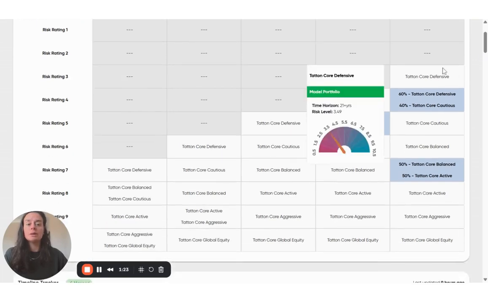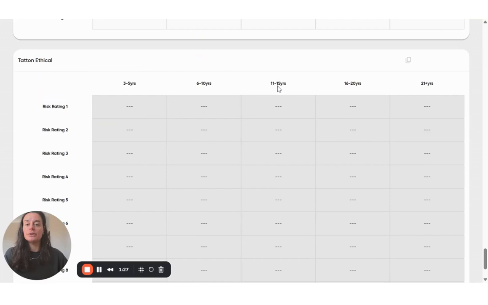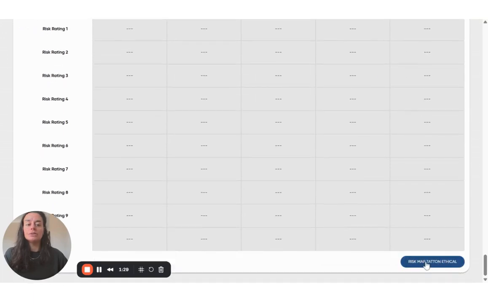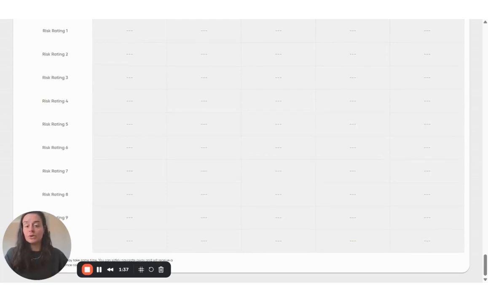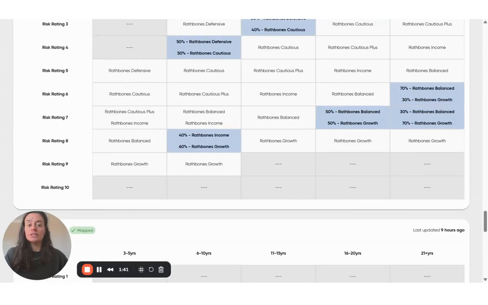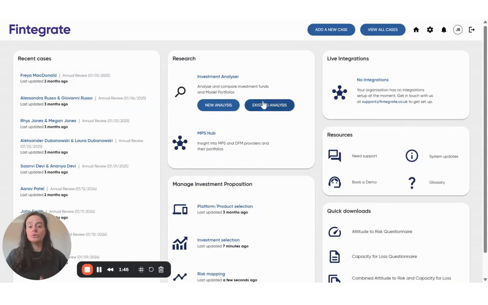So how do you risk map your portfolios? Well, I've added a Taton ethical here. So all I'll need to do is to click on that blue button, risk map the Taton ethical, and in that case I can then either wait for the results to come back, but that will take a few minutes. I would highly suggest that you can visit the site, you can do some other work such as add a case or do an analysis, and we will let you know through a notification when the risk mapping has been